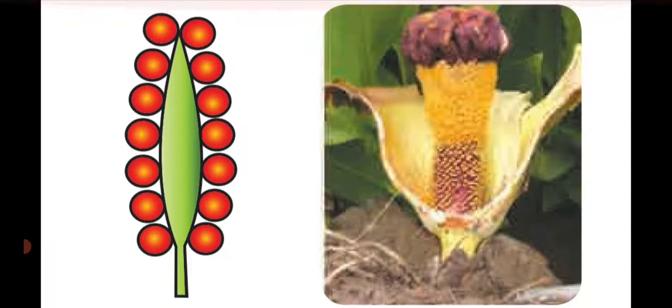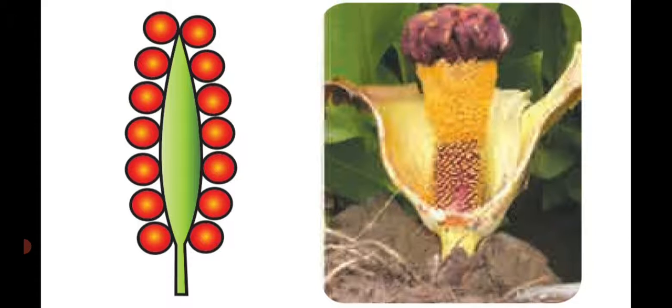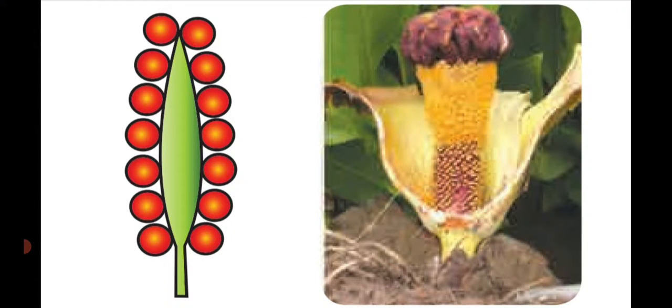Not only that, the inflorescence is covered with a brightly colored bract. See the outer surface, a large boat-shaped structure. For example, in Cocos nucifera, the coconut tree, the inflorescence axes are covered with a boat-shaped bract, the pala, as they say in Tamil. Have you heard of it? It is boat-shaped. That is the bract known as spathe. So the spathe is the important characteristic feature in spadix inflorescence. It is a very, very important 3-mark question: write short notes on spadix inflorescence.